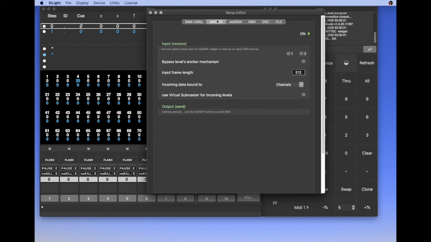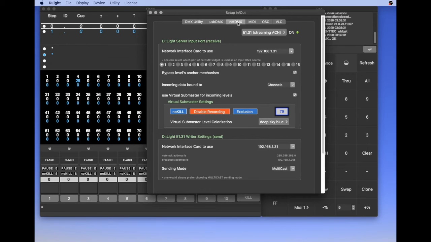It means, and it is a configuration I use a lot, I use USB DMX input to use a physical light board to control submasters, and at the same time I am outputting DMX in streaming ACN. So you can use USB DMX and Net DMX at the same time.